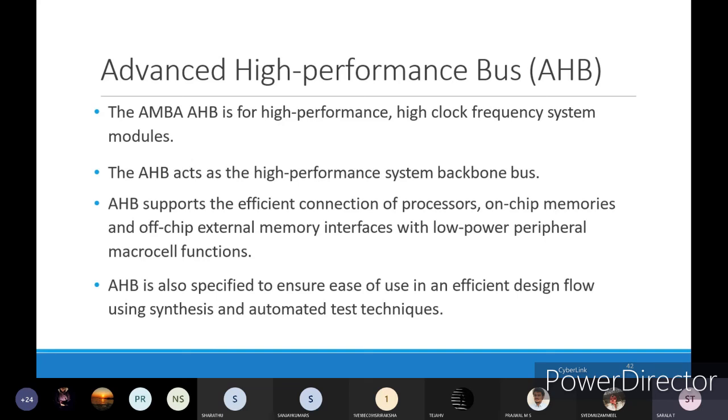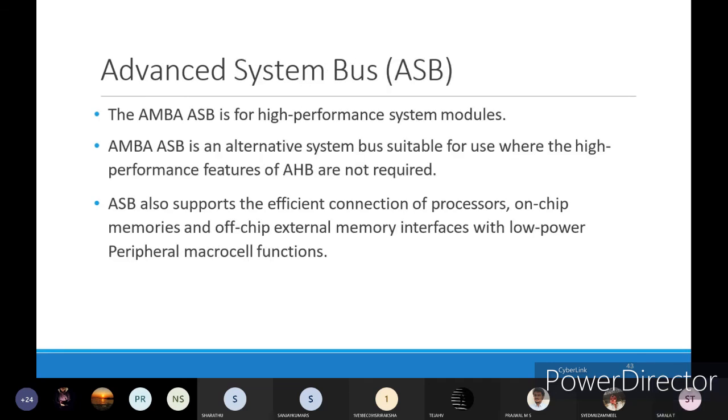Using the low power macrocell function, you can connect it towards off-chip external memories and on-chip memories also. AHB is also specified to ensure use in an efficient design flow using synthesis and automated test techniques. It can be used with respect to the design flow, using synthesis functions and also for automated test techniques.